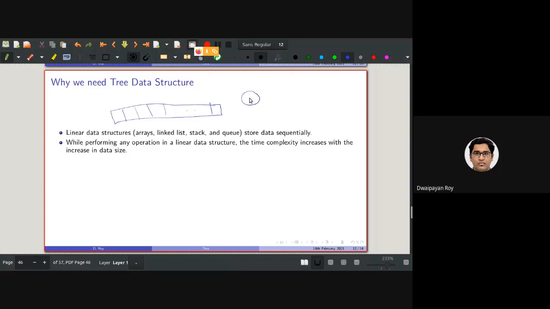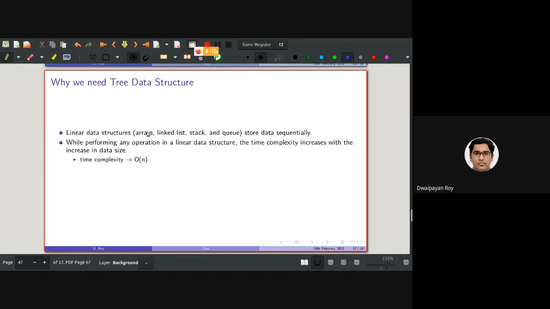You need to put it in sorted manner in this array. It is very time consuming because you need to shift some of the elements in the right direction. Then you need to accommodate the new element somewhere, and then you can again apply binary search. This addition of new elements is time consuming. So if the number of elements to be searched increases, it is very time consuming in the case of a linear data structure.